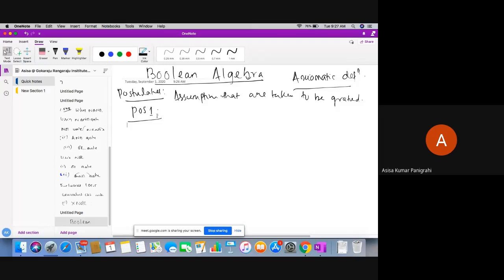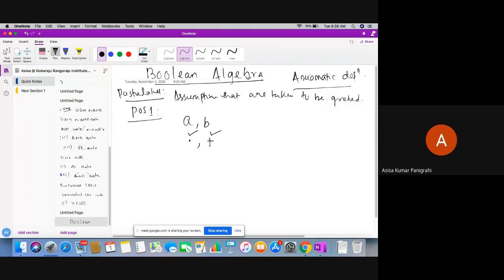Boolean algebra contains a set of 2 or more elements and 2 operators. It contains a set of 2 or more elements, like A, B. These are 2 elements and 2 operators. What are those operators? Dot and or. This is logical AND and logical OR.